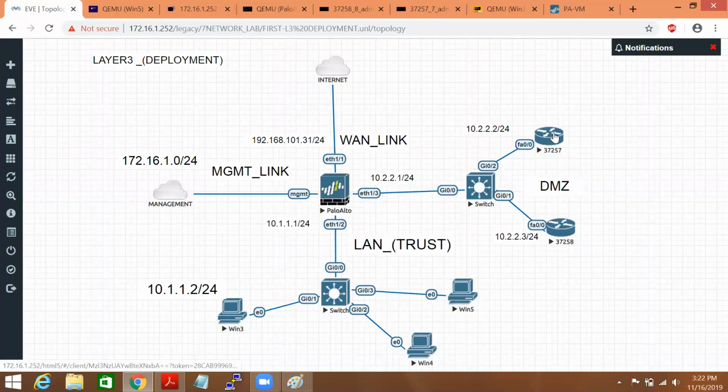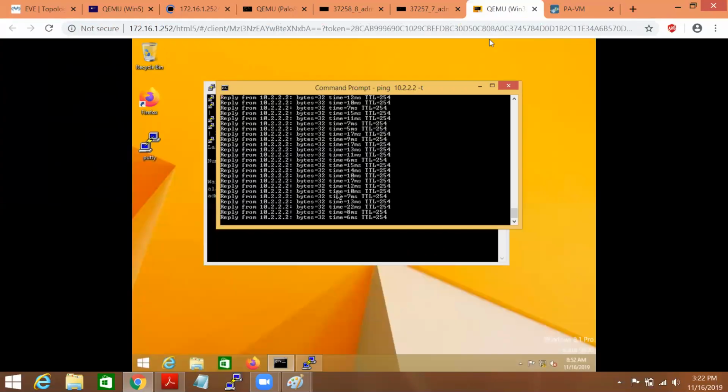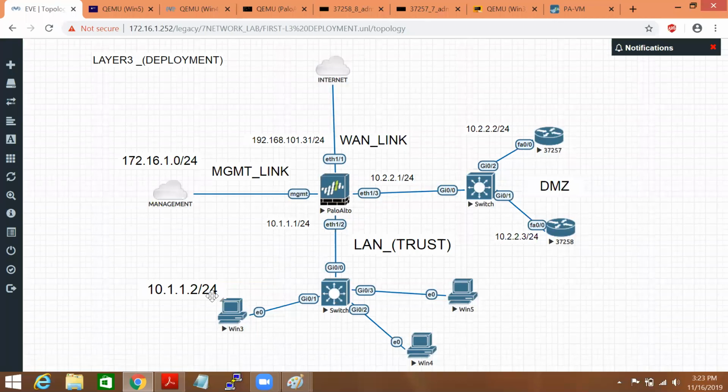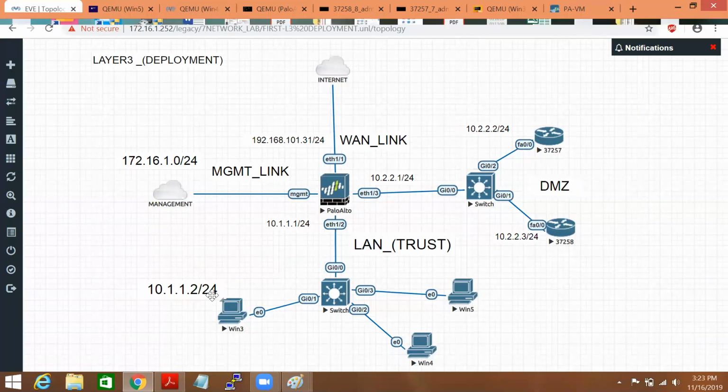But when I try to ping from this machine, from DMZ to LAN, it doesn't allow, because there is only one rule.